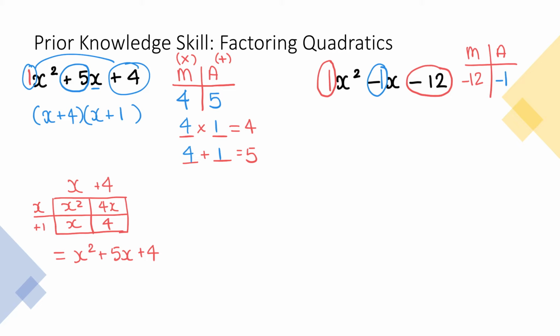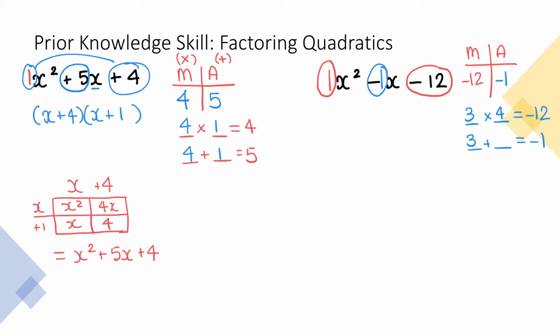So I need to think of multiplication of two numbers. It's going to give me negative 12. And I need to think the addition of two numbers. It's going to give me negative 1. So a good trick is to think of, for the multiplication part first, what are the factors of 12? We have 3 and 4, and a 3 and 4 could definitely make 1. So I know now my numbers, it's going to be 3 and